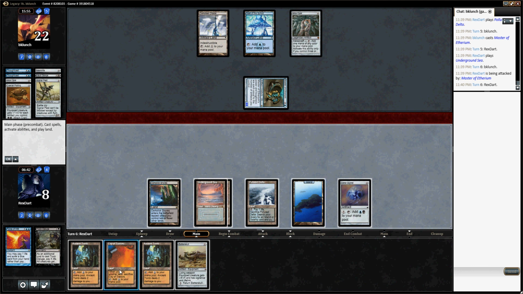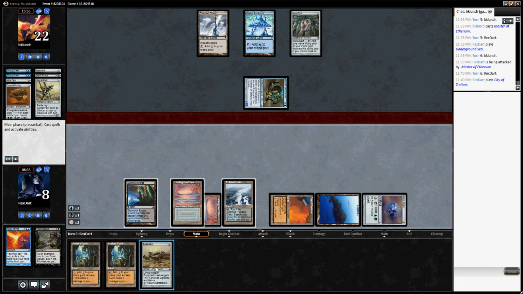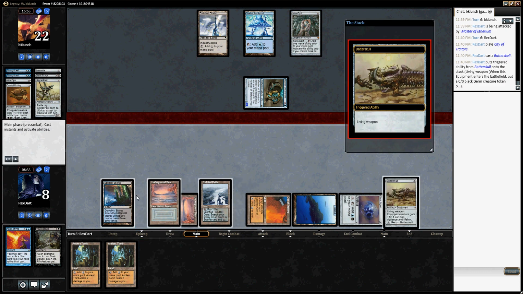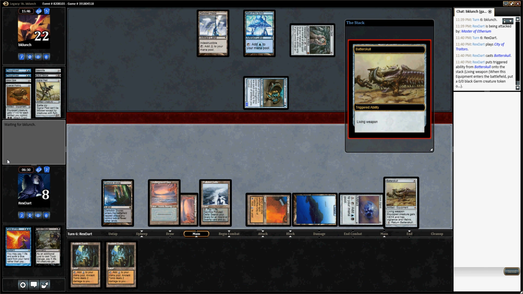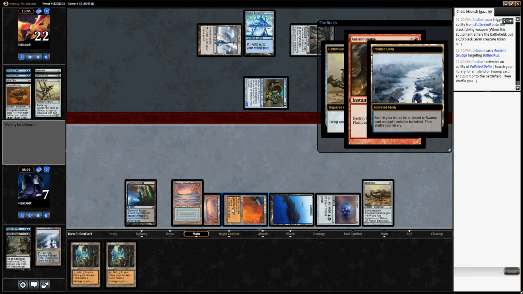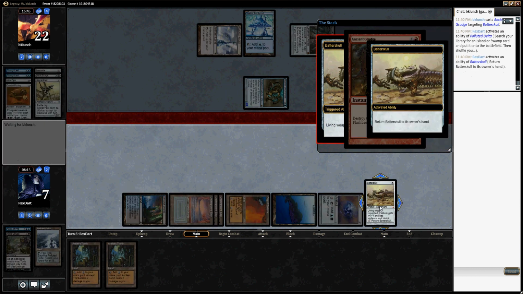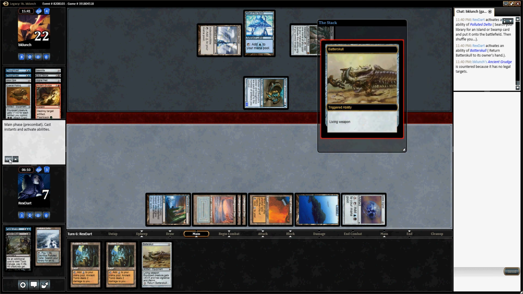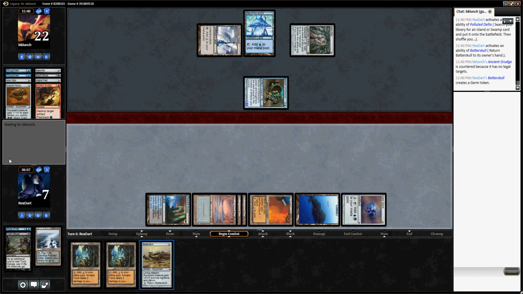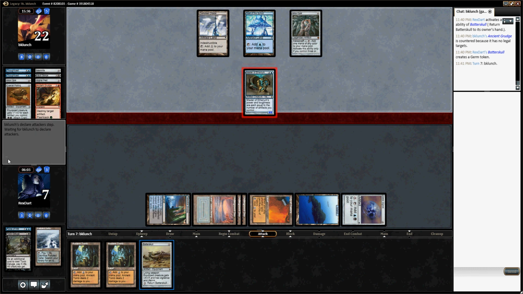So I'll play City of Traders. 1, 2, 3, 4, 5. Of course, if he gets any other artifact, Ancient Grudge. Huh. Well, that kind of stinks. Yeah, just about any answer I have to him here, other than another Toxic Deluge, which I'm not going to be able to afford at this point, is going to die to that Ancient Grudge. So